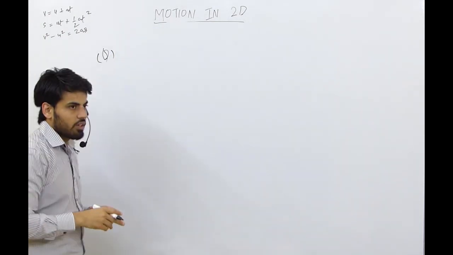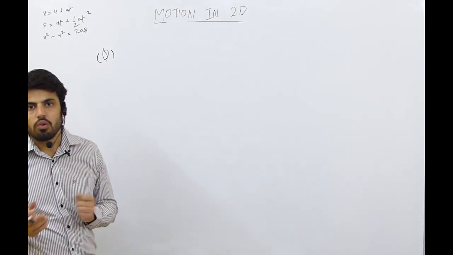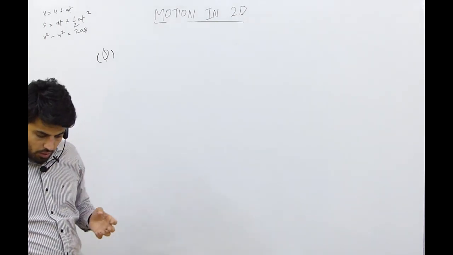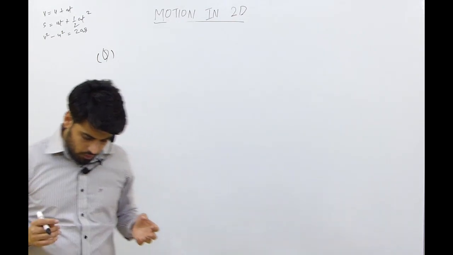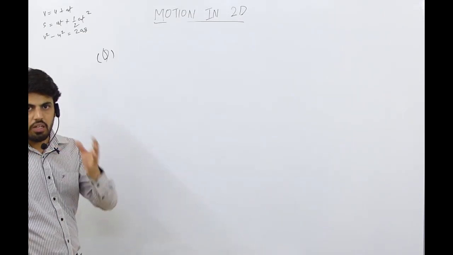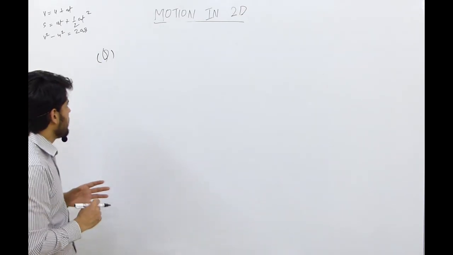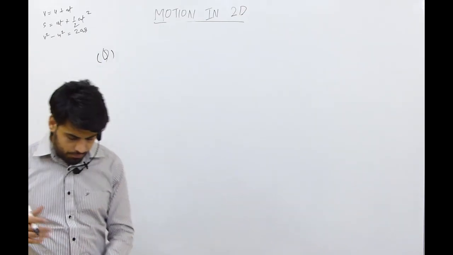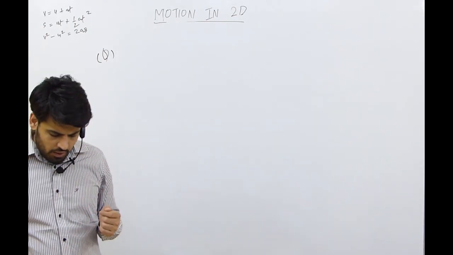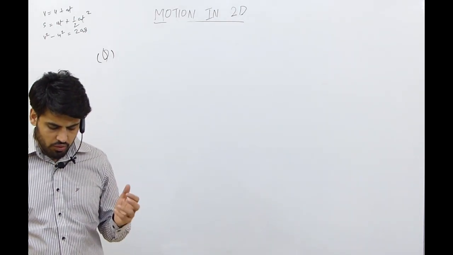The question is, we fire a bullet in all the directions. Bullet is fired in all the directions. So what was the question? What is the area covered by a bullet for any particular velocity? We have to find that. I'll read the question for you. A large number of bullets are fired in all directions with the same velocity v. What is the maximum area on the ground on which these bullets will spread?